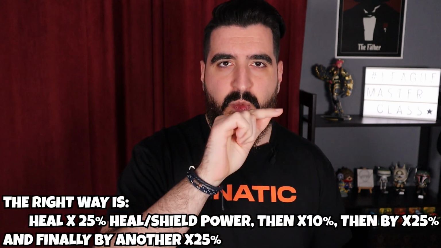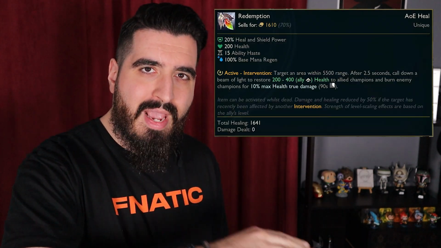You are definitely wrong. The difference here is that we are not just adding all the numbers. We are not just doing this here. We are multiplying everything one by one. And as you can see in the example right now, the redemption is giving you a 400 heal, right? You have a 400 base value. But Trundle here, while using his W, is going to receive an